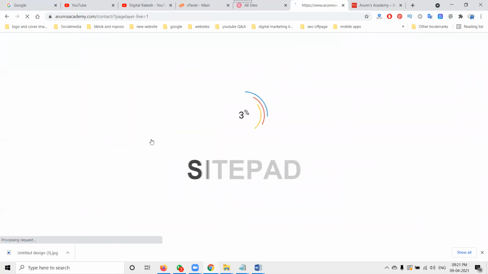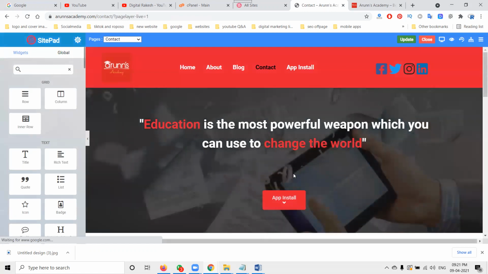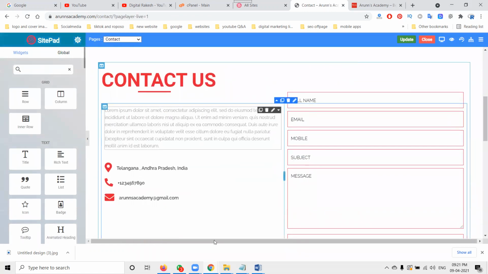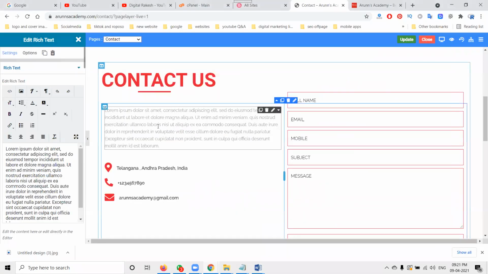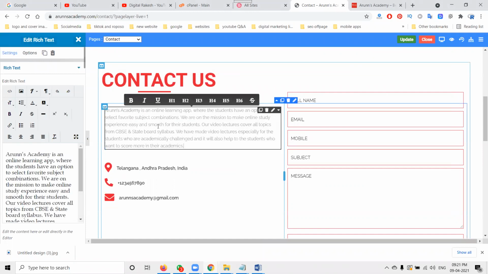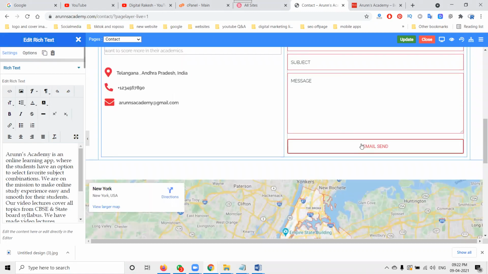Now I click edit. Simple. Then go to the particular page. You can design your own page and change your page options to suit it. So here I have to change a little bit of content. Content is more important for each and every website. Done. Email, phone number, everything here is done by settings.